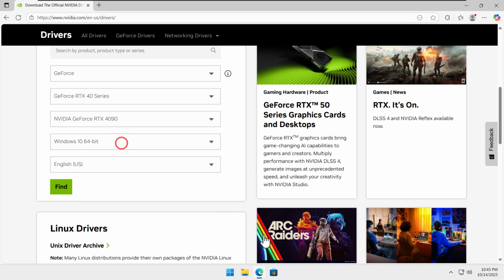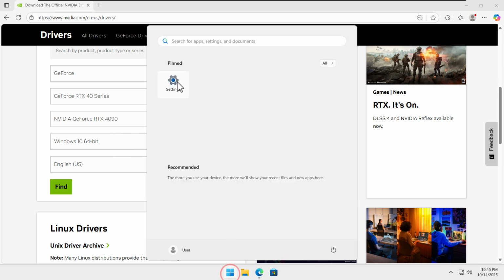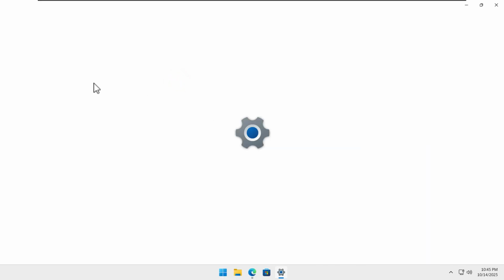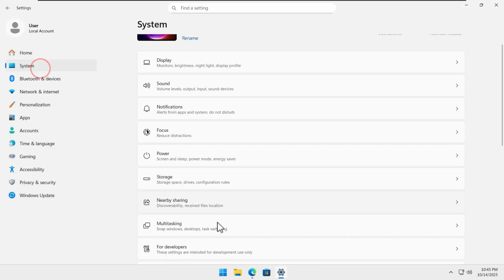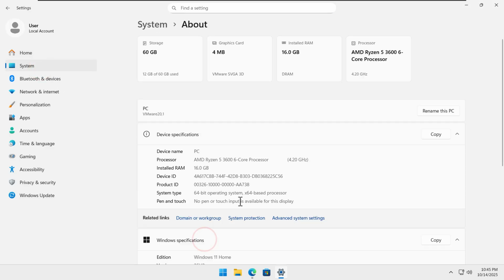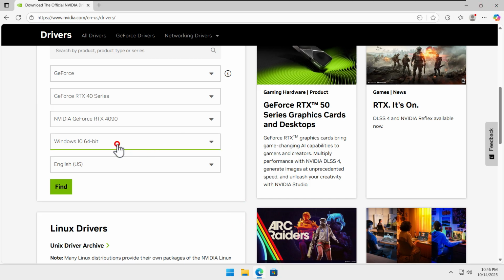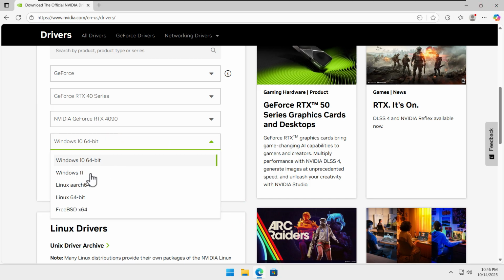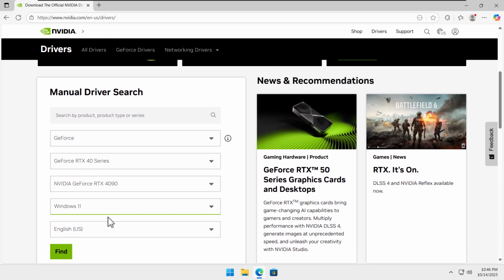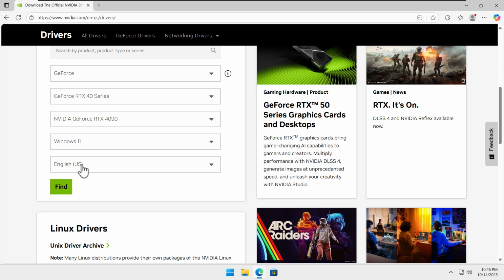Right now we are using Windows 11, so you can also check it from here, like by going to settings, and here you can click on system and about, and you can see I'm using the Windows 11 Home version. So you need to select Windows 11. If you are using Windows 10 you can select Windows 10. So I will select Windows 11, and the language you can choose according to your preferences, and click on this